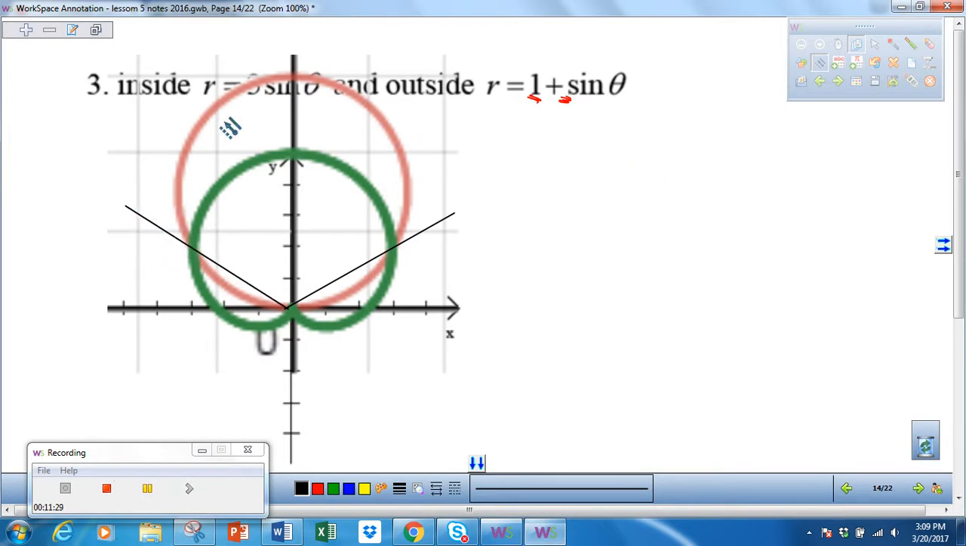Okay, and I'm finding inside of r equals 3 sine theta, which is the circle on top, and outside the limaçon, so outside the green. So that area is defined by this pretty pink area here. That's more like a mauve, but it's pretty. So it's defined by this area. So now we're going to do top minus bottom. So we are integrating